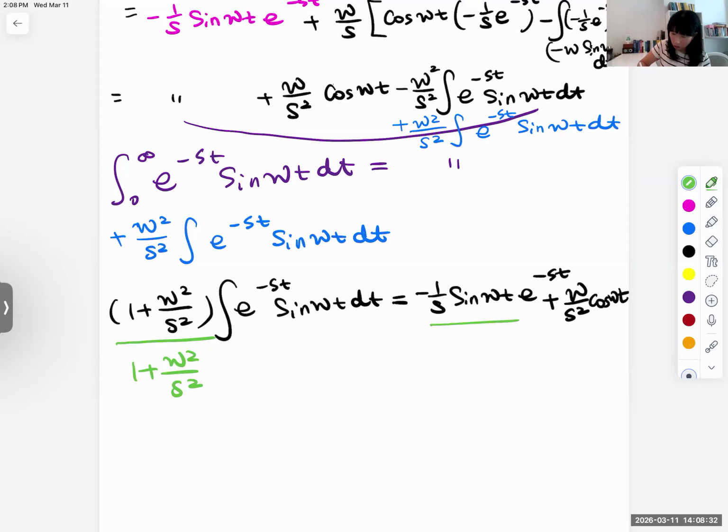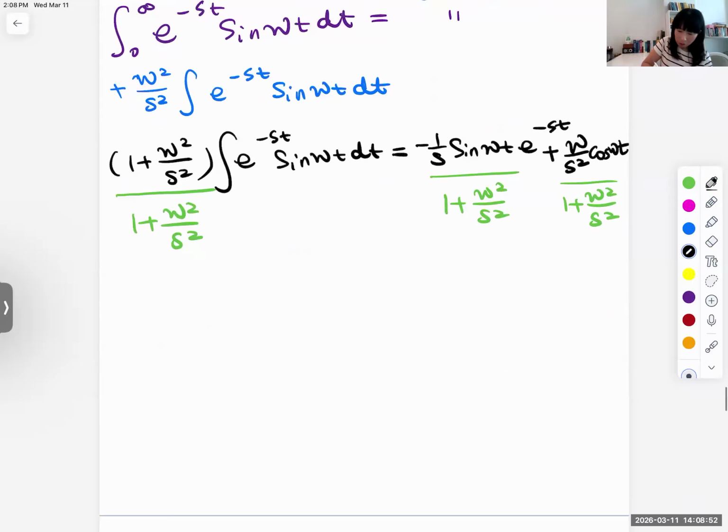So here, 1 plus omega squared over s squared. Here, 1 plus omega squared over s squared. Okay, so left side, that is 1. So we solve, right? So we get the integral of e to the negative st sine omega t dt equal to,